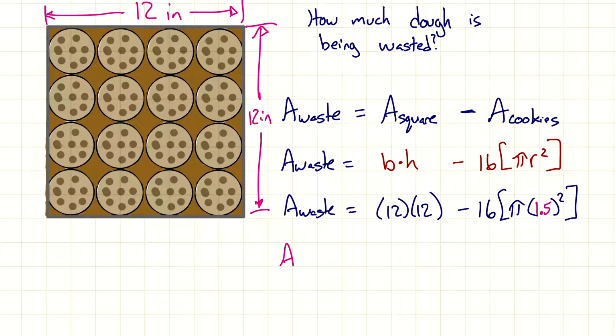So area of the waste is equal to, so 12 times 12 gives us 144. That's easy enough. Minus, now we need to figure out what this portion is. So if we simplify all that,